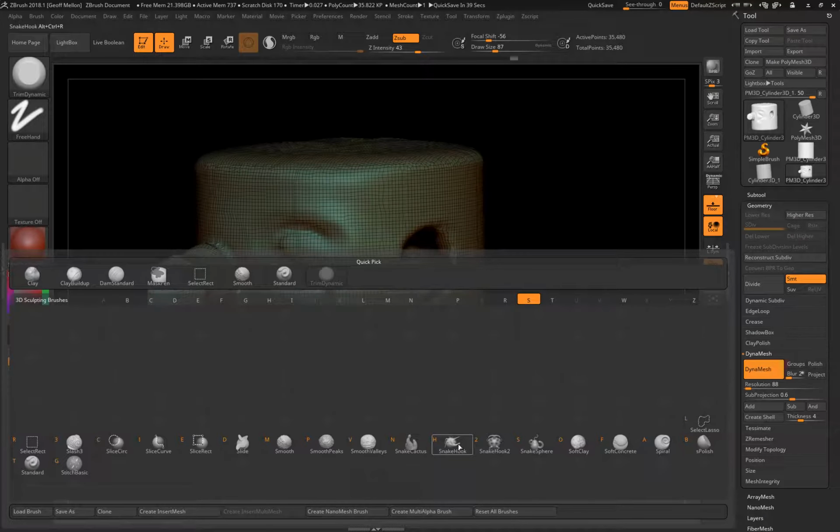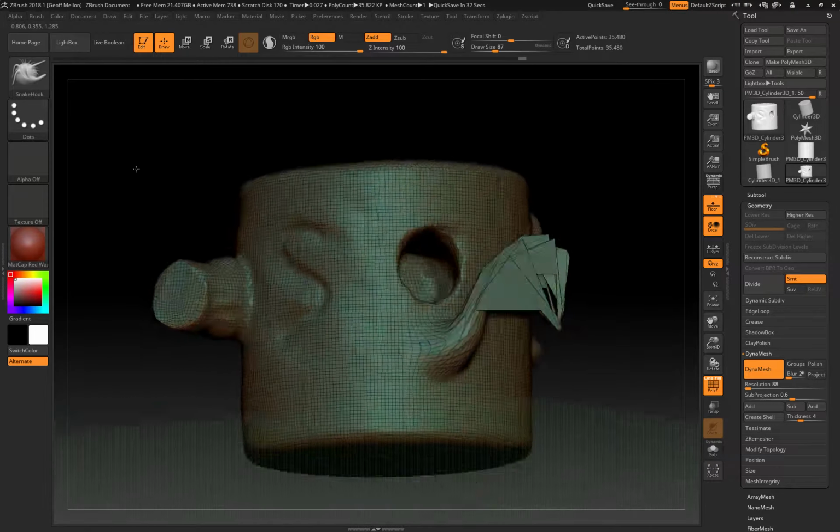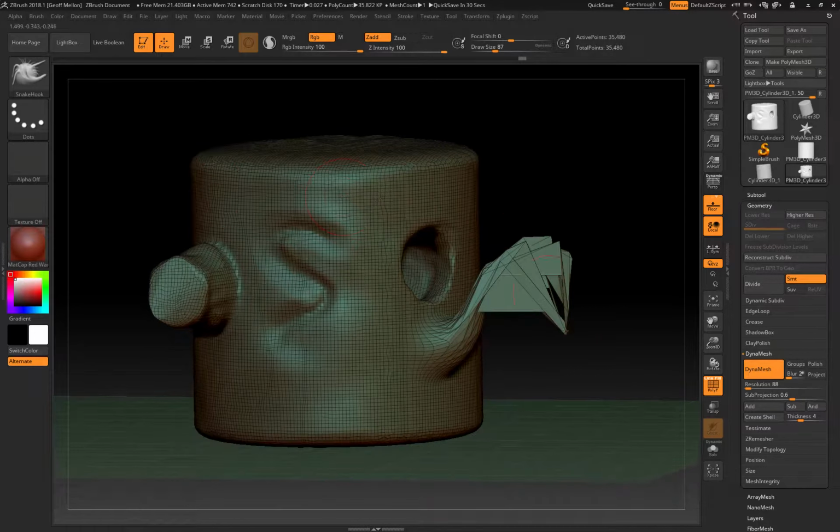I think I have a shortcut for it, but I can't remember. Yeah, if you take Snake Brush, it does this. Okay, well, there's a new tool we're going to have that makes that even better, but that's not quite what